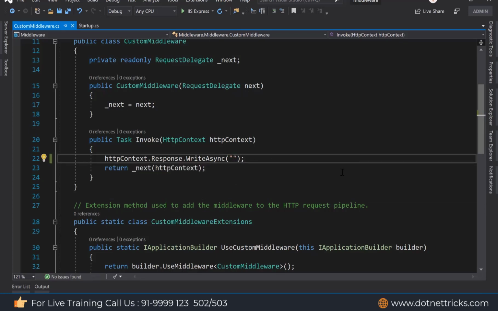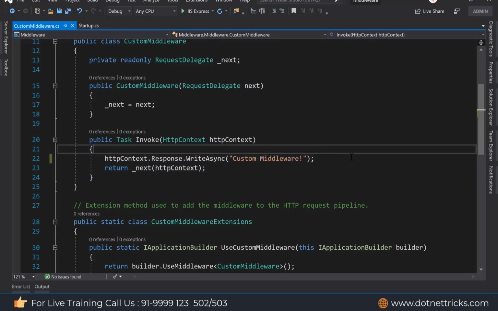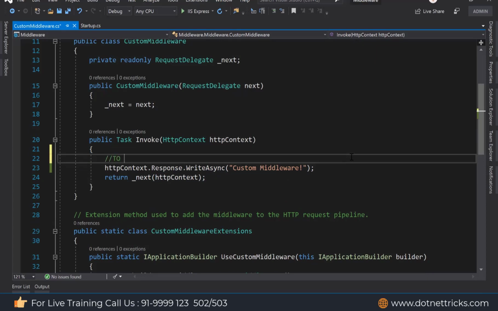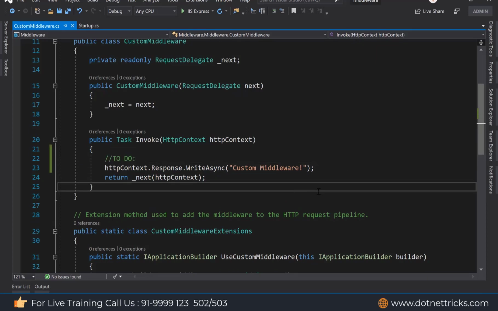So it would be, let's say, custom middleware. This is going to be executed here, but here you need to write the code which you want to run in this middleware. You can write this middleware for user authenticity as well. If you are willing to create your own middleware to find out the user authenticity, here you can write the code.